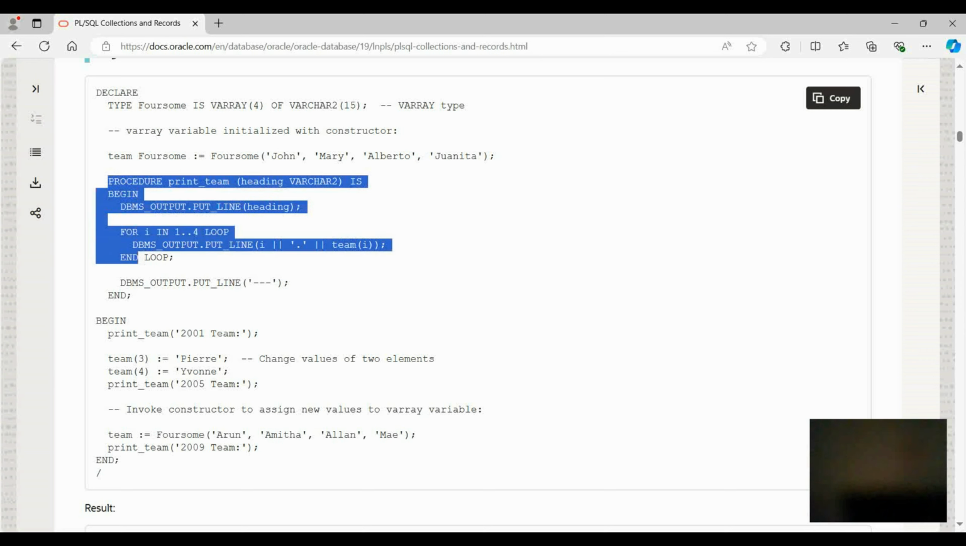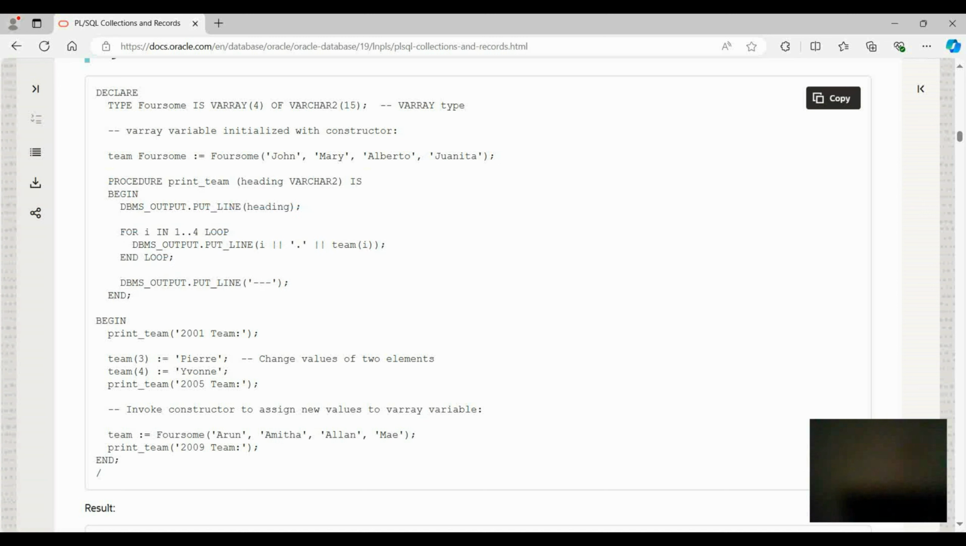And then internally it calls another procedure, print_team, and it is passing a header as an input parameter, and accordingly it is displaying the values. First it displays the heading, whatever heading we are passing, and after that we are just looping through the values and then showing the team members, or elements you could say. And in the main program section it's calling that particular procedure